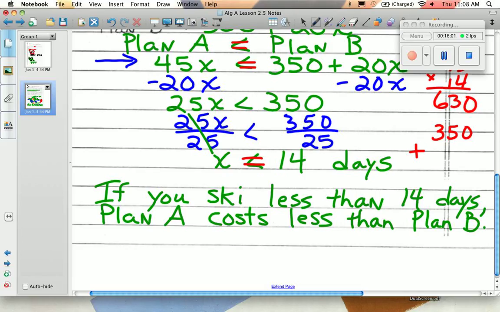What's 20 times 14? 2 times 14 is 28, and put a 0 behind it. Oh, goodness. 350 plus 280? 630. Oh, dang. Isn't that something? Okay. Look,